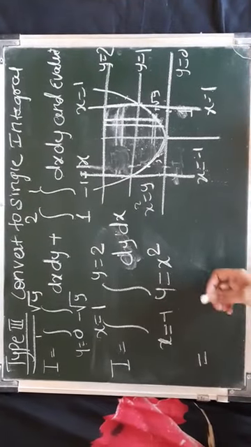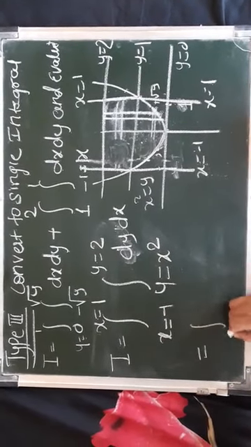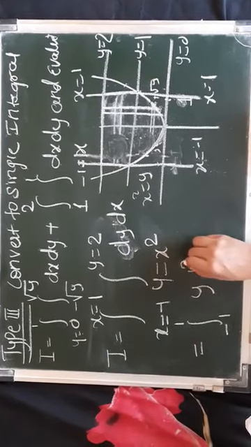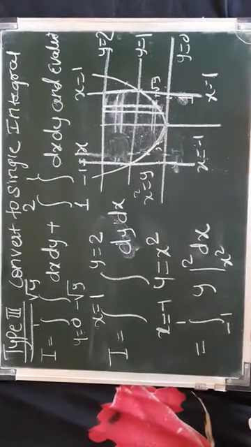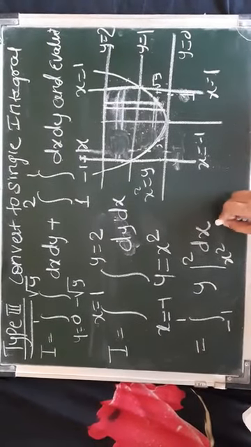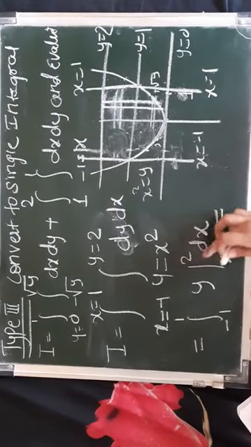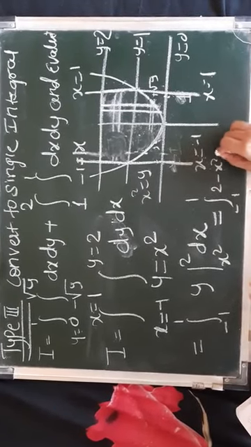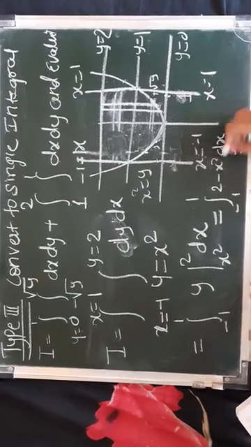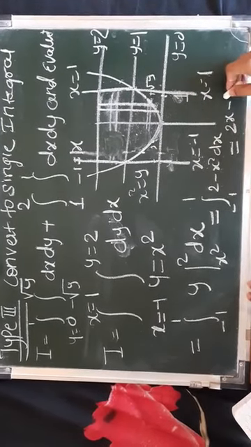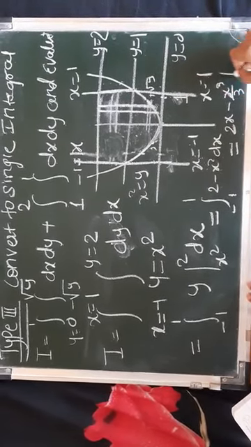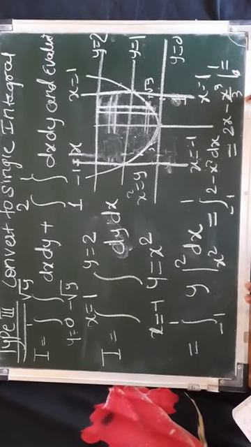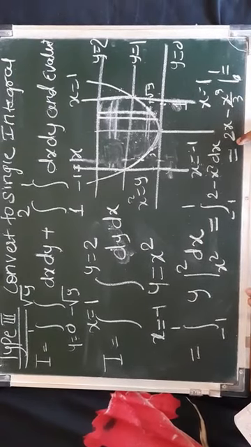And now the integration is very simple. So what will be the integration of dy? It is y from x square to 2 and then dx. So when we simplify this, we put the limits: 2 minus x square, so integral from minus 1 to 1 of (2 minus x square) dx, and this becomes integration of 2 is 2x minus integration of x square is x cube by 3. When I put the limit 0 to 1, this will turn out to be 2 minus 1 by 3,